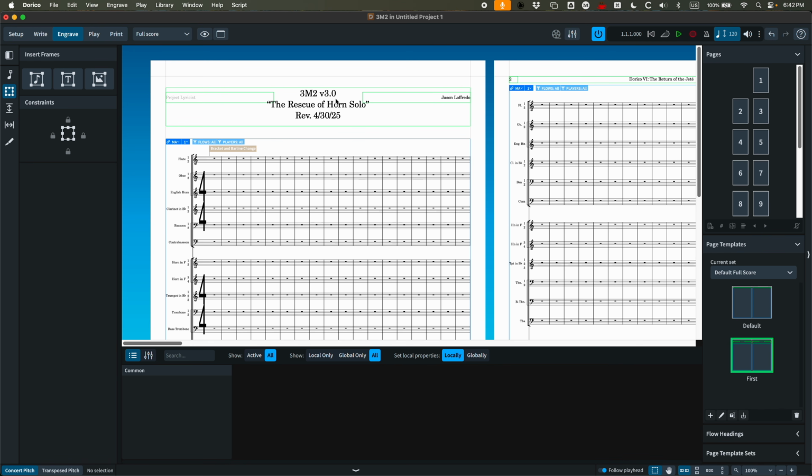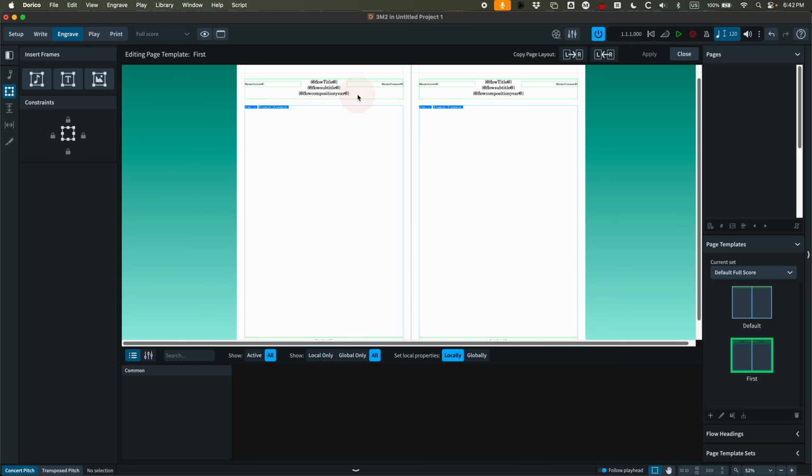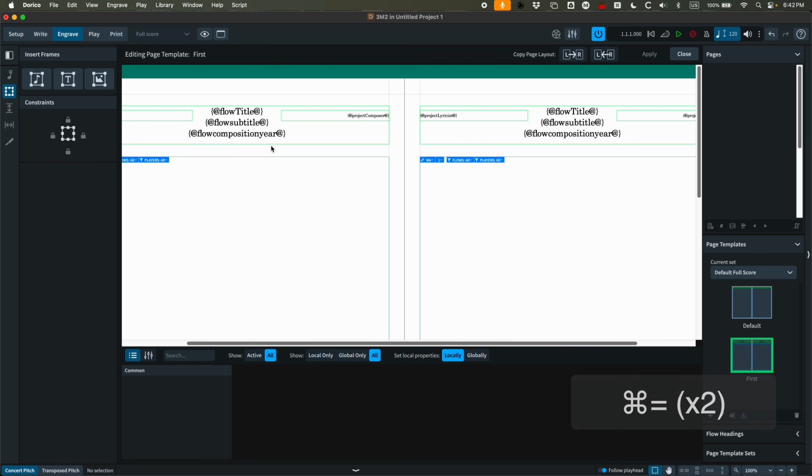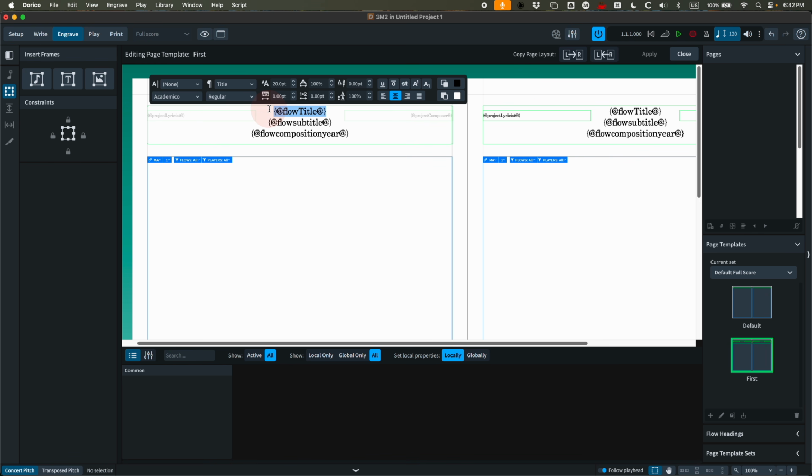This is not really how I want to design this. I want to do something a little bit different. I want this to be bigger, the subtitle to be a little smaller, and the revision date to be even smaller still. So what you can do is you can go in here and highlight these things, and you literally could fix the sizes here, and then do these and fix the sizes and change it to italics here. That's one way to do it, but I'm going to show you a slicker way to do this using